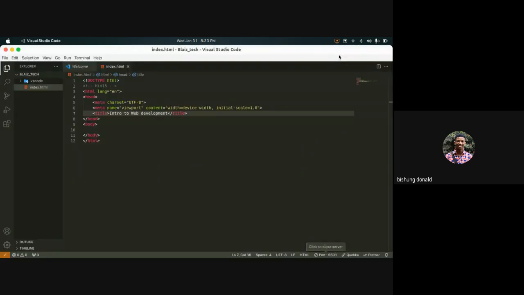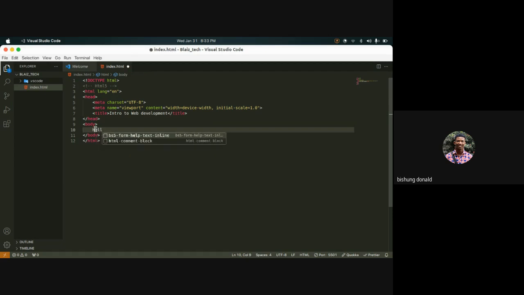So going back to our page, we have talked about our head, we have talked about our metadata, which has the title. Let's move to the body. The body here contains everything about your web page. Everything about your web page will be inside your body tag. So let's add some code. Let's just write hello world here